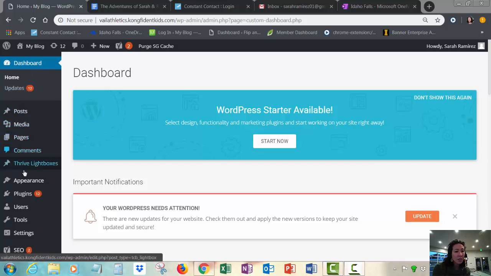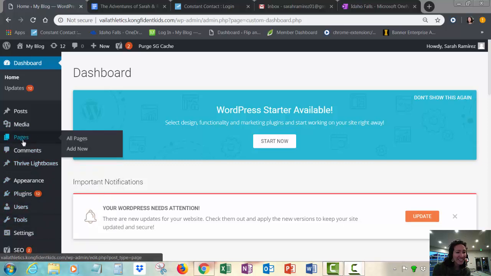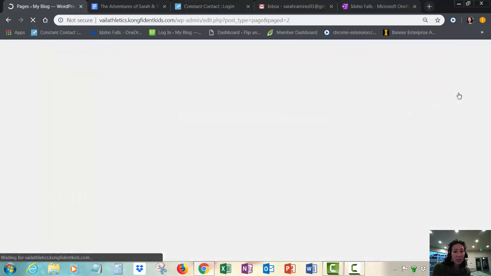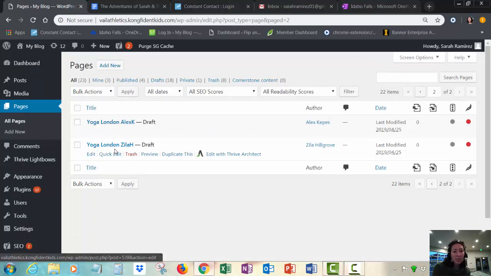We're going to come down to pages, not quite that far down. Because we're going to build out the yoga pages first, we're going to come to the last page of pages. We're going to click here. We're actually going to just roll over this one, and we're going to see all these menu options popping up right underneath. We have a very convenient button, duplicate this,